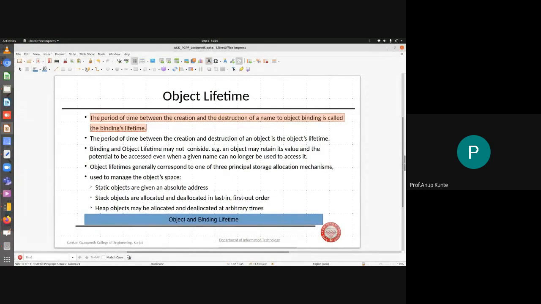I should say, the object gets incarnated. Object चा जन्म होतो, I should say. Okay, that is, the object is created at that time. And when the object gets destroyed, that's the time when the life of the object is complete. Okay, the time when the binding is done, the object becomes live, and at the time the binding is removed, the object is dead. So that is how I can define the lifetime of an object.